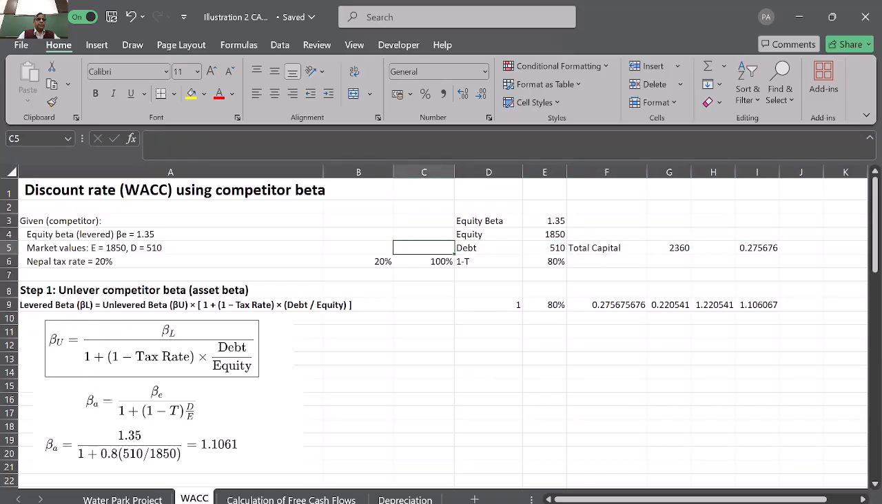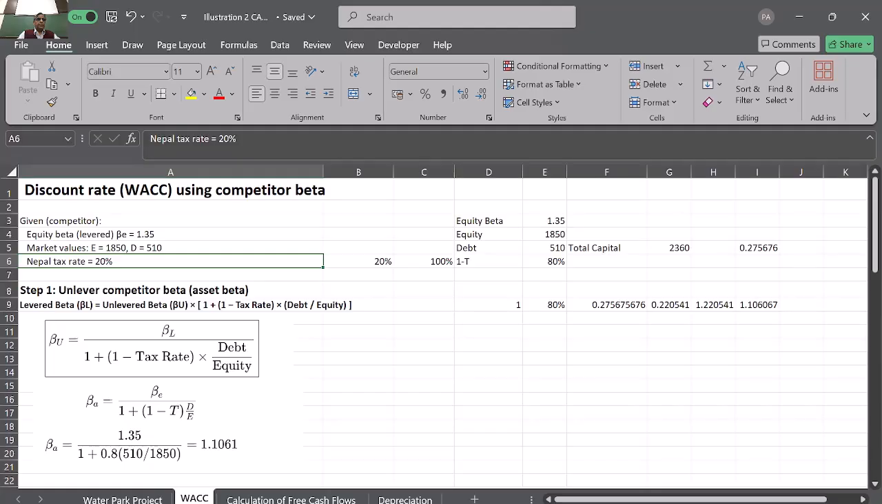Then we have the Nepal tax rate, which is 20%. So that means 1 minus T will be 80%. Is that okay? Fine. So now what we do is, this information is available, and this is the levered beta. Now what we have to do is ultimately arrive at